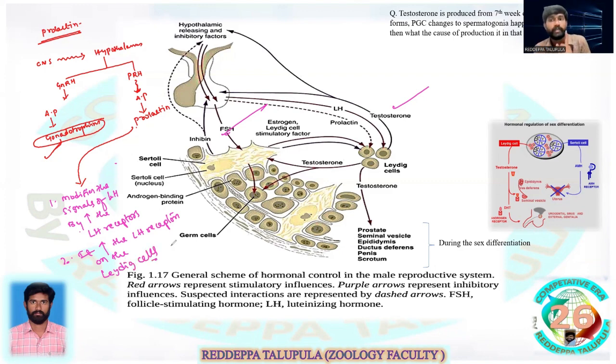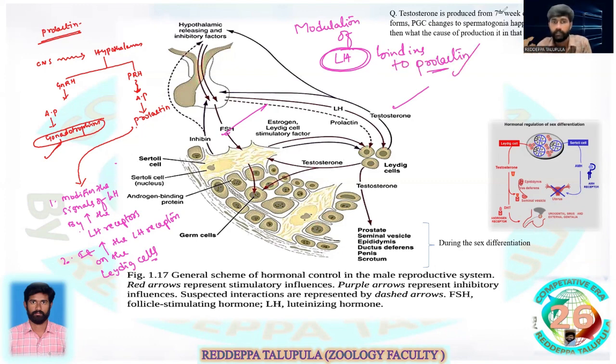That means prolactin plays a prominent role in regulating the modulation of LH binding, the role of prolactin in the spermatogenesis. Okay, it is the mechanism. Next,